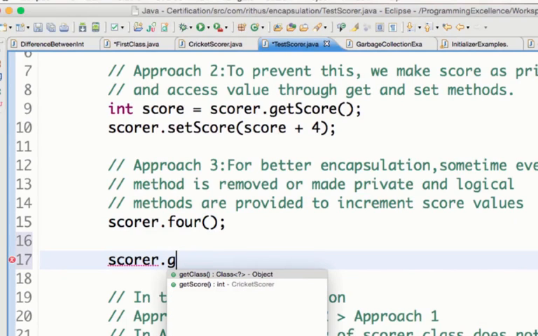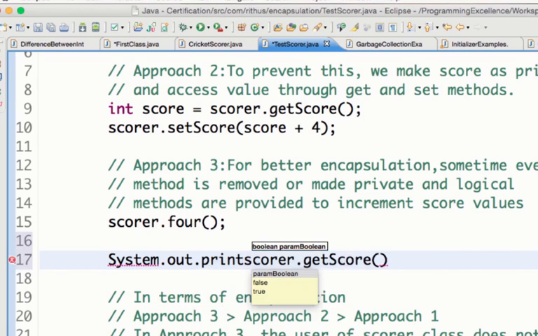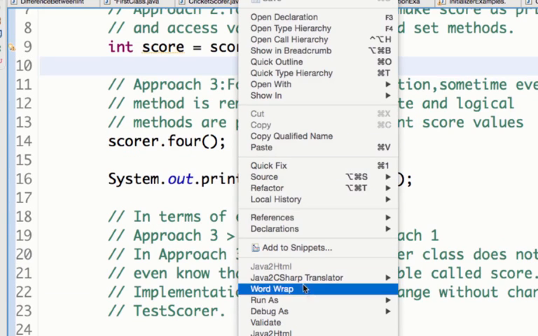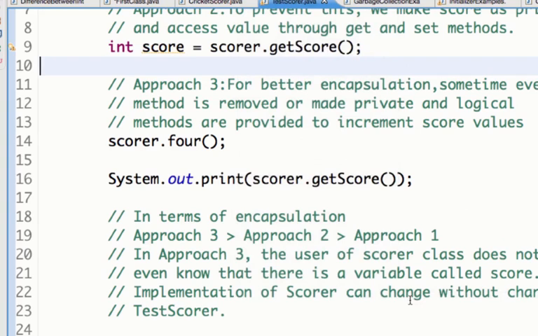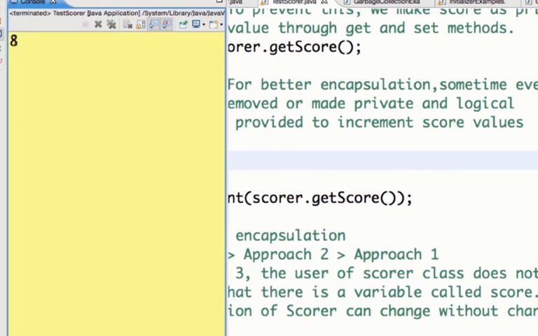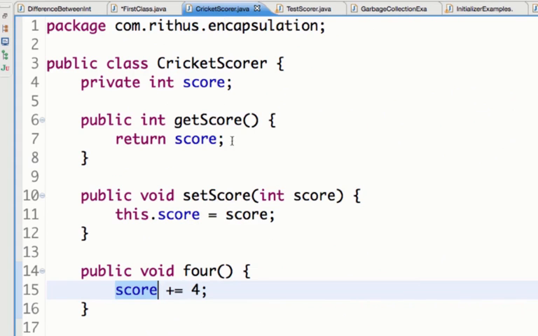dot getScore, and I can do a system dot out dot, if I do like so the scorer 4 is incremented. So if I want to hit another 4, you would see that